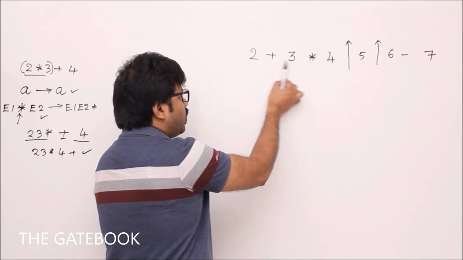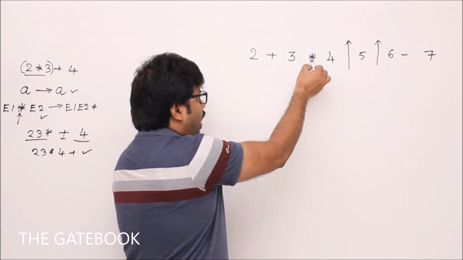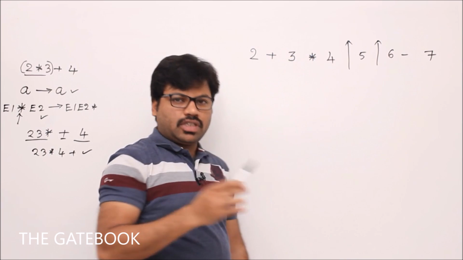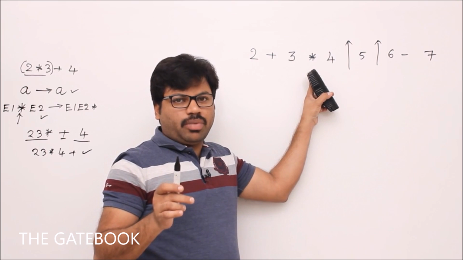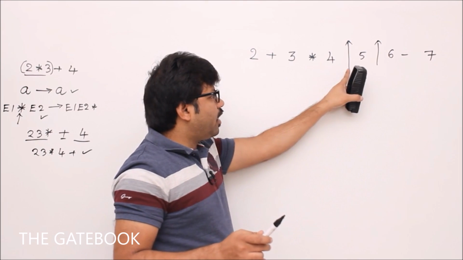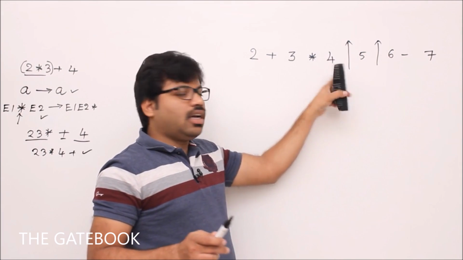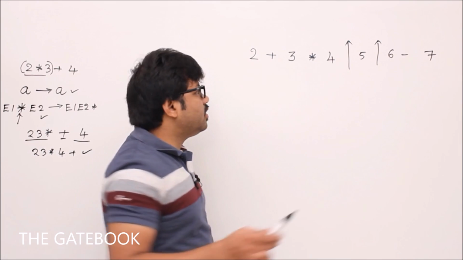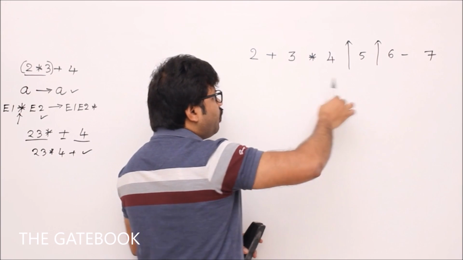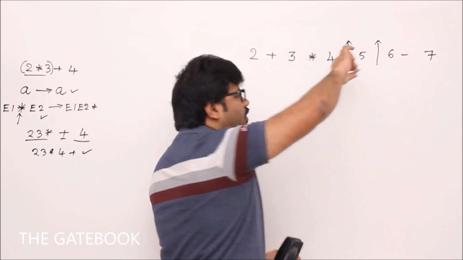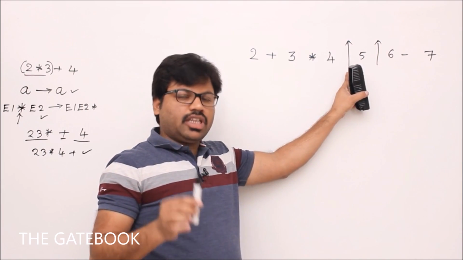Let's begin. Plus versus star. Which one is highest? Definitely star. That's why star has to be applied first. That means for star we have to convert first. But it doesn't mean that star is the ultimate precedence operator. Why? Because there is one more operator on the right side of star which has more precedence than star. That means before star, power has to be converted. That's the reason parentheses should not be fixed here between 3 and 4, and in the same way we should not fix parentheses between 4 and 5. The reason is there may be a better operator than this power with respect to precedence.